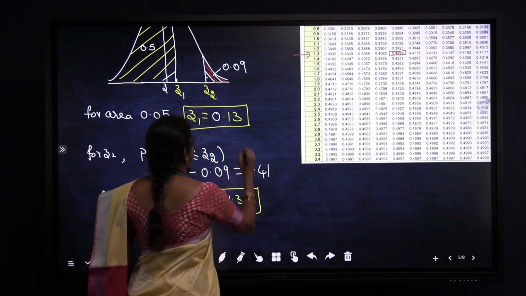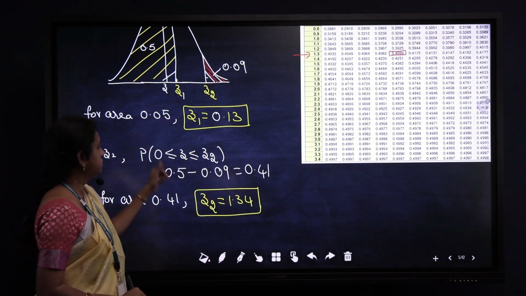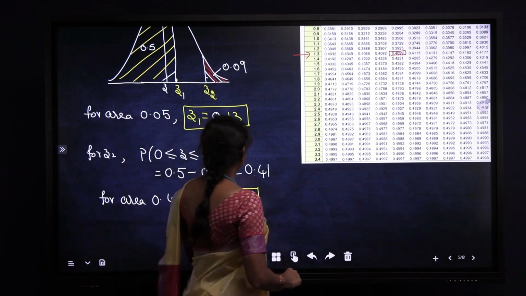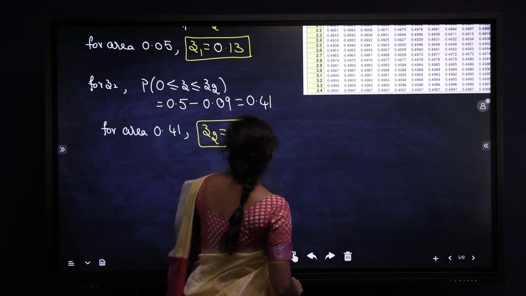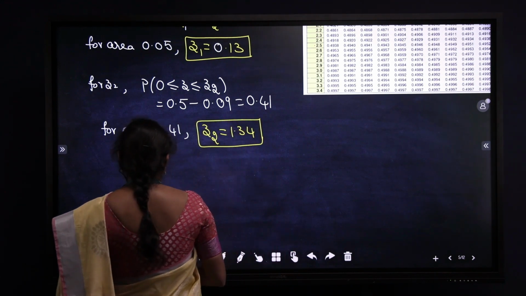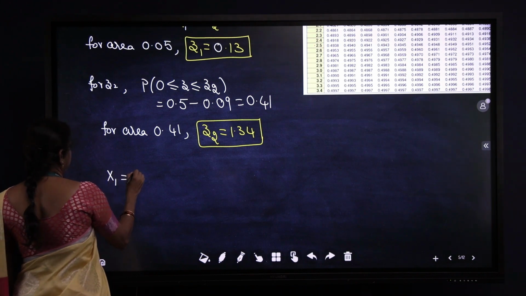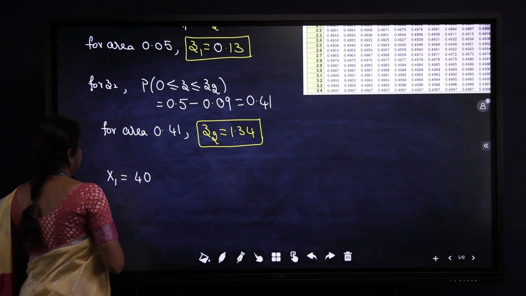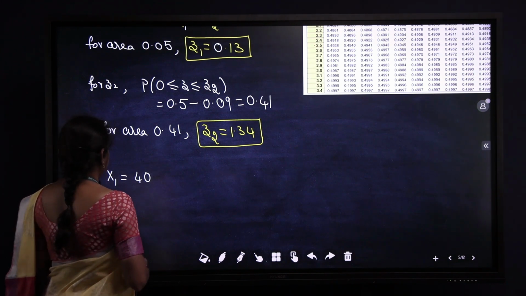So Z1 is 0.13 and Z2 is 1.34. Now we'll use these two values and find out the average marks. So as given, x1 is 40 and x2 is 75, right? So using these values we'll find out